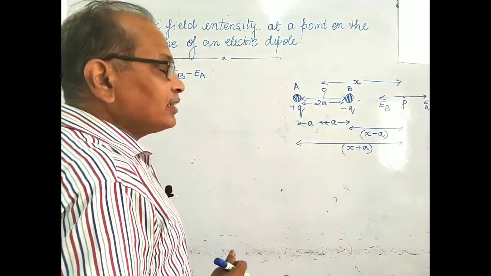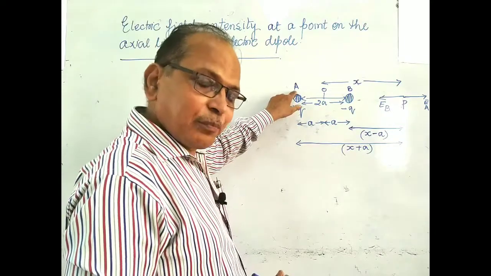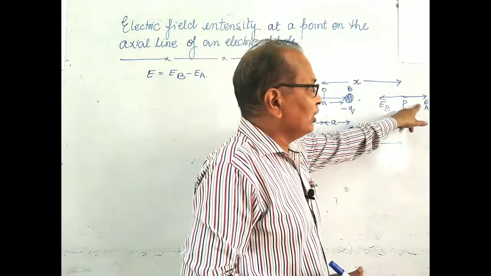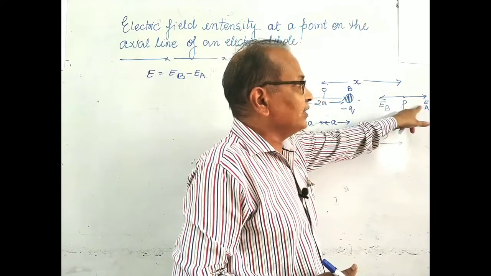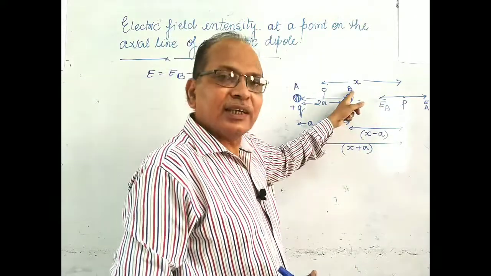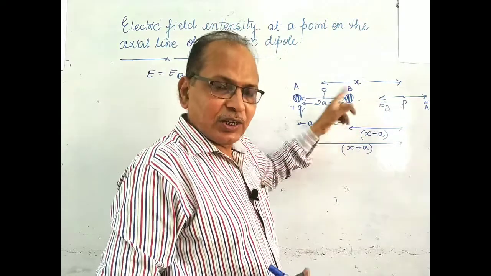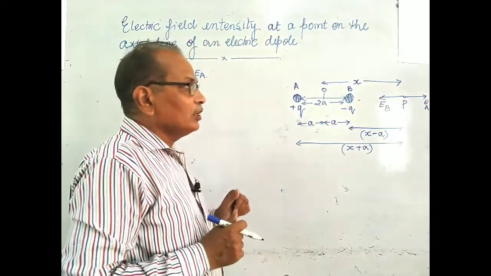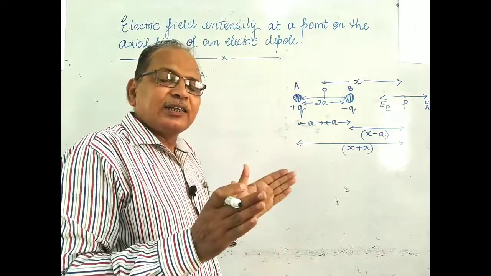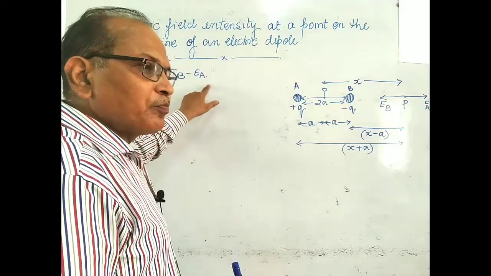Now the resultant electric field. See, the plus q charge, which is located at the point A, due to the plus charge the electric field intensity, or the electric lines, will move away from the point. Due to the minus q, which is located at the point B, the electric lines will come towards the negative charge. You studied it already. As the two electric lines are opposite in direction, the net electric field will get subtracted. Now which will be more?